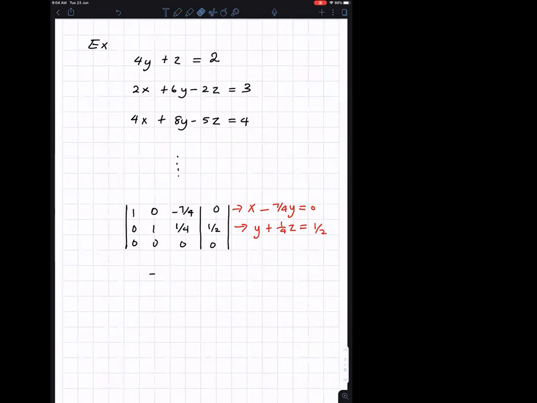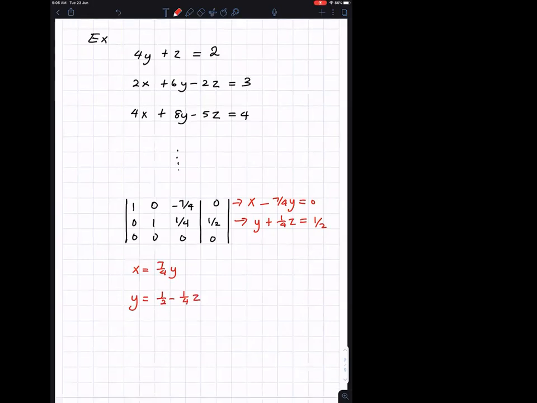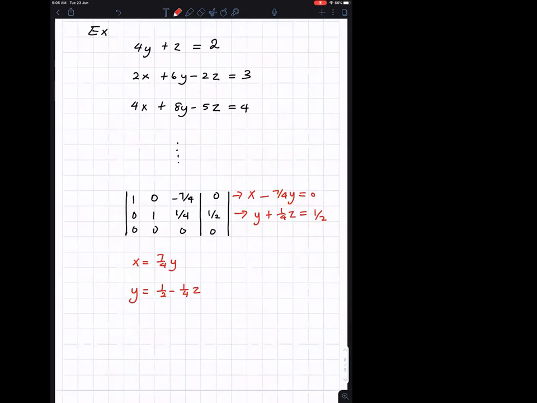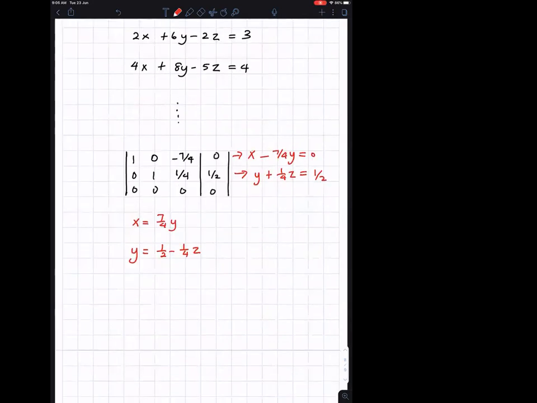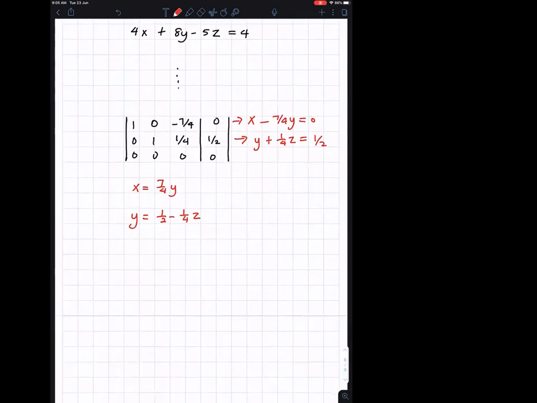So from row 1, x is 7 over 4 y. And then y is 1/2 minus 1 over 4 z. So what about z? If you look at this last row,